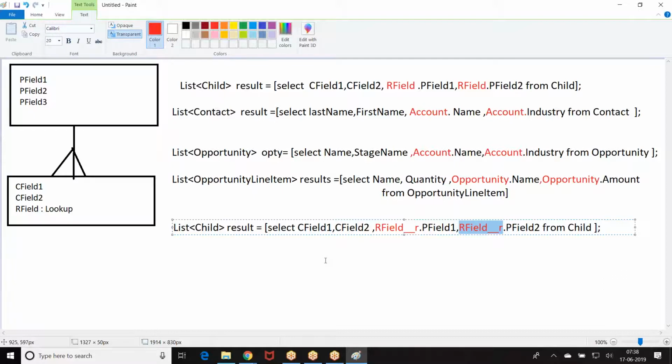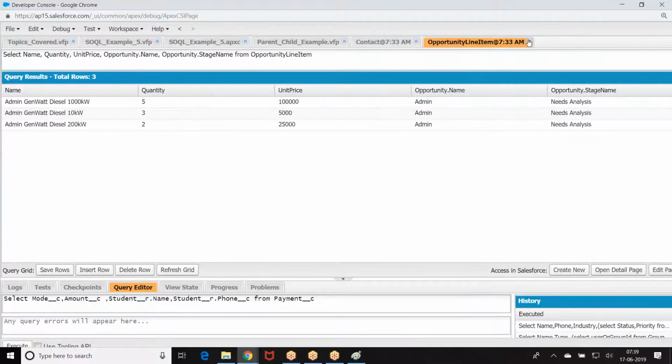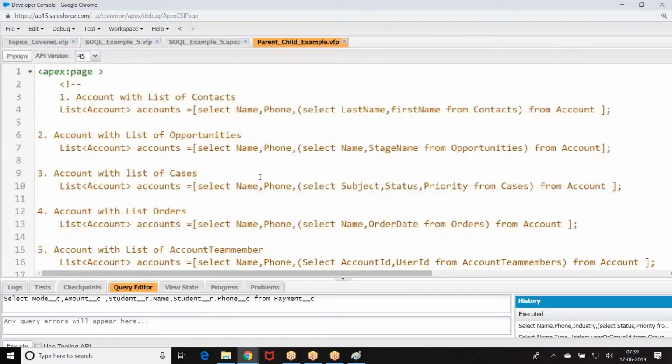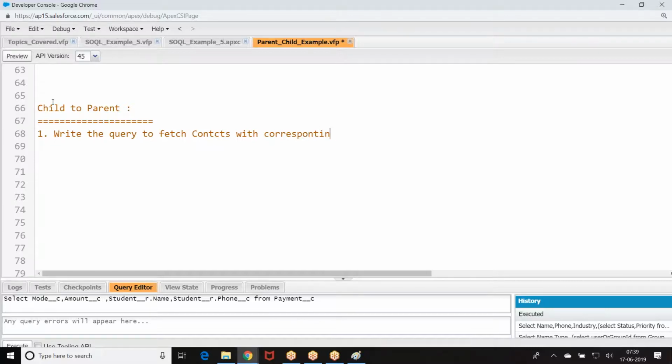Everyone has followed? Let us try one or two examples on this before I move on. Child to parent: write a query on contact with corresponding account details.